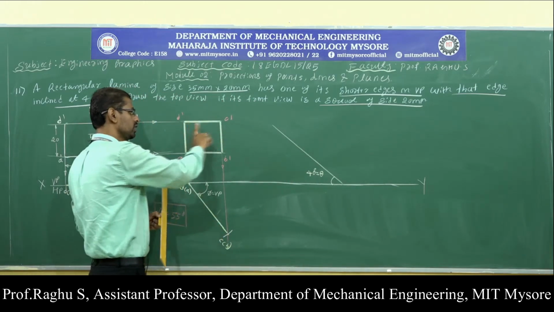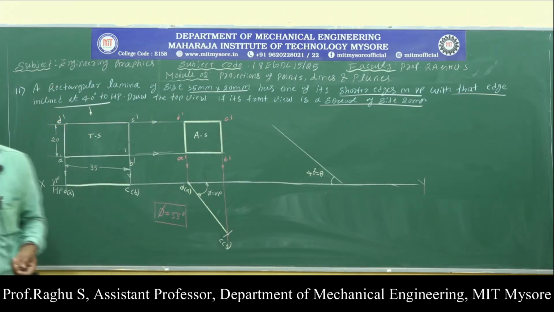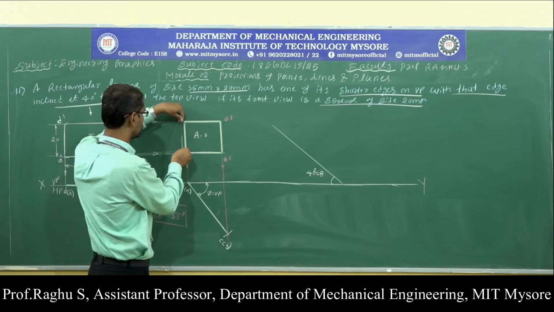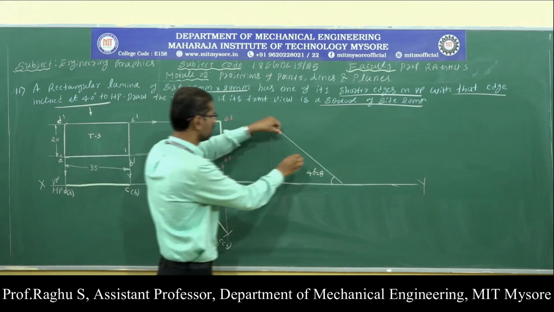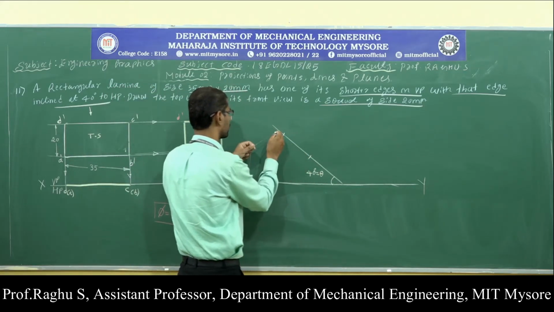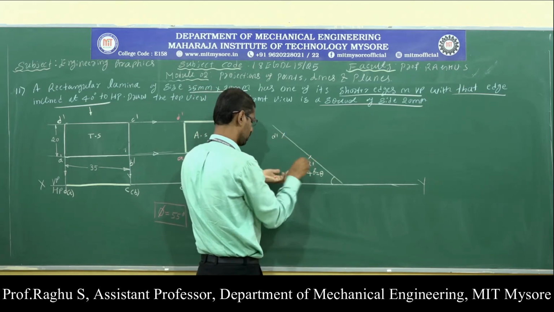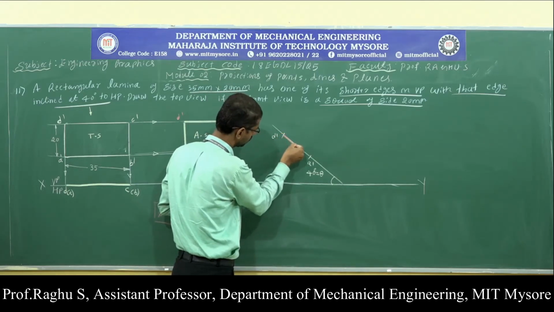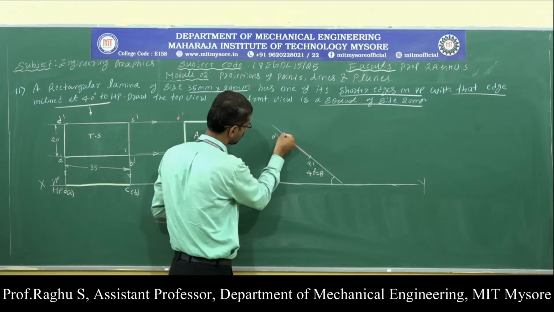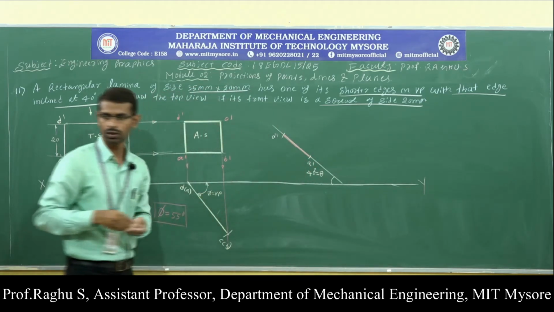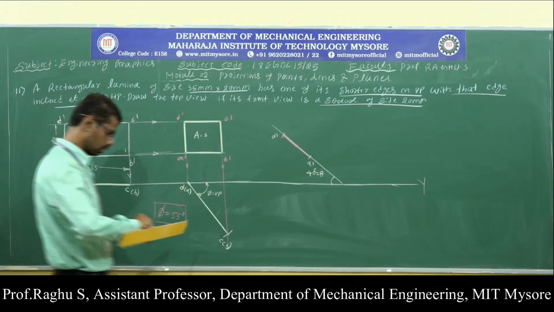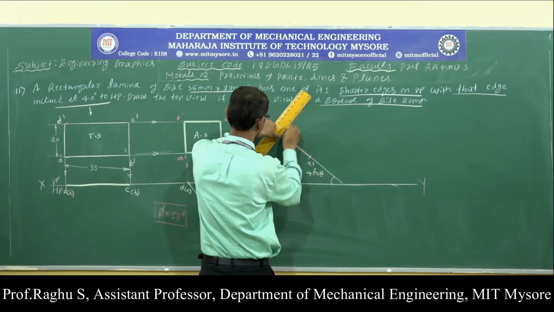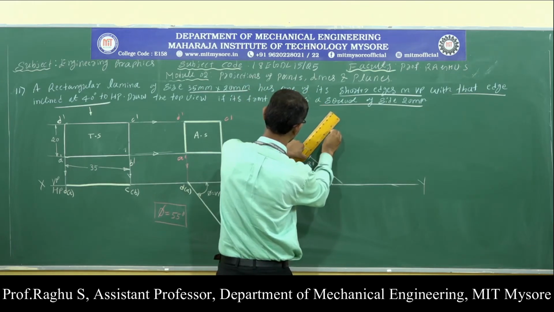Now redraw this square lamina by placing the resting side. This is the resting side, the left side, D comma A, that is D dash and A dash. So make it dark. Now draw perpendicular lines from point D and from point A at any length.